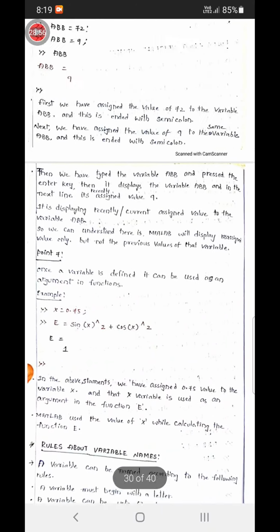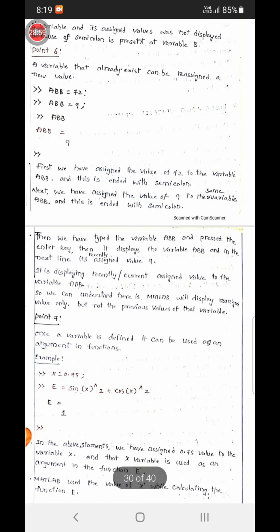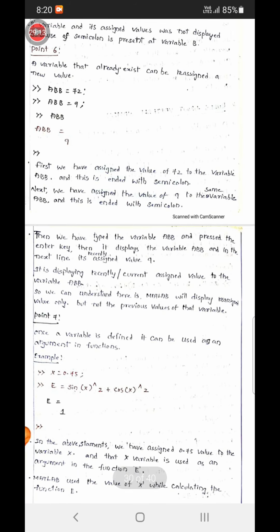So next, see the seventh point. What is the seventh point here? Once a variable is defined, it can also be used as an argument in a function. Example: x assignment 0.75, e assignment sin x exponent 2 plus cos x exponent 2. So initially we have defined and stored the value 0.75 in the variable x, and what is the function?